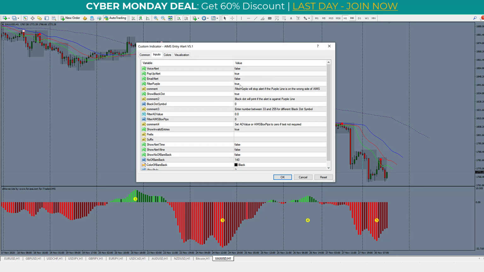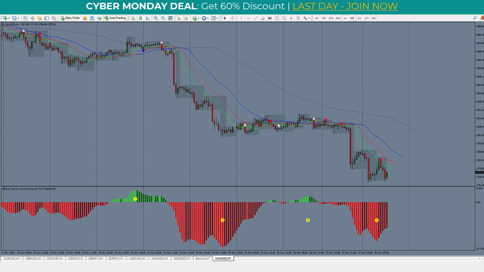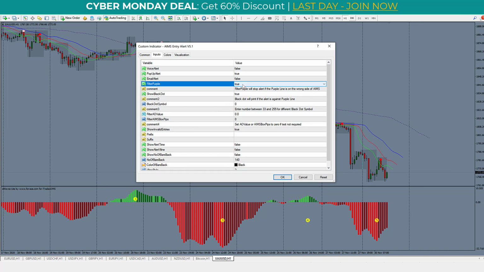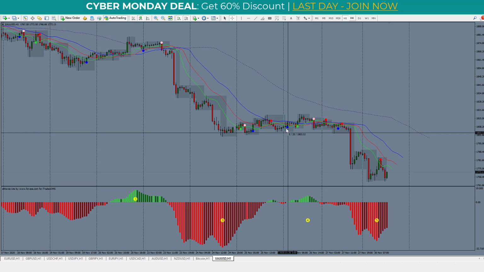So that's your email alert. This is our filter purple. Obviously, when we were having the dots being printed, we were not interested in all different colors of dots. So if I were to switch off the purple filter, it would print us colored dots in either direction. What it's doing is that when a candle closes above the green line and purple is above it,